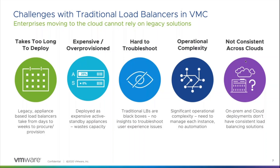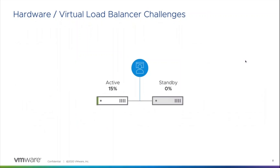With the traditional load balancing deployments, we also see operational complexity. Scaling out traditional load balancer deployments increases this operational complexity, and we'll touch on this topic as well in the next few slides. The last challenge we see with traditional is it's not consistent across clouds, so not consistent across different deployment environments. Each deployment in a different environment is potentially a snowflake deployment. They're all unique, and there's no consistency, which then piggybacks off to the operational complexity. So out of these challenges, we're going to dig deeper, starting with